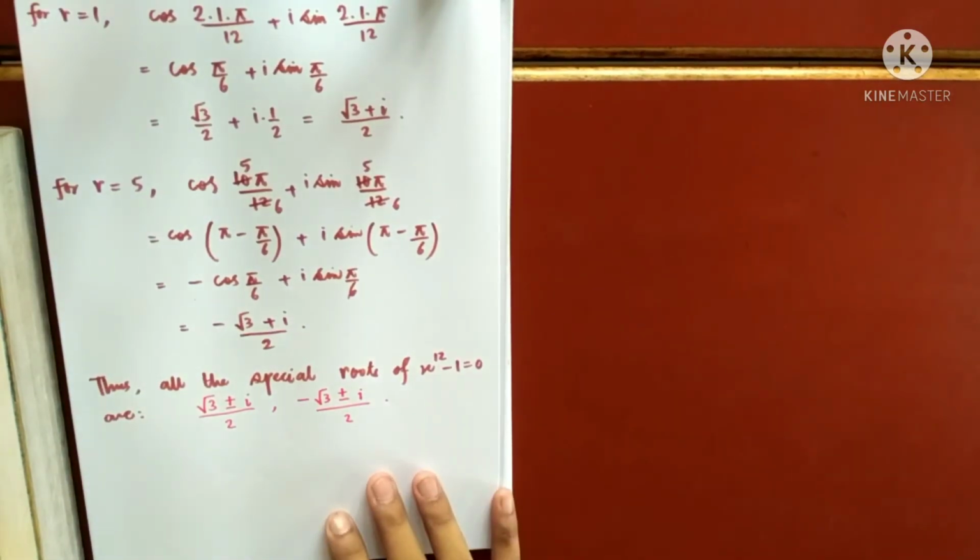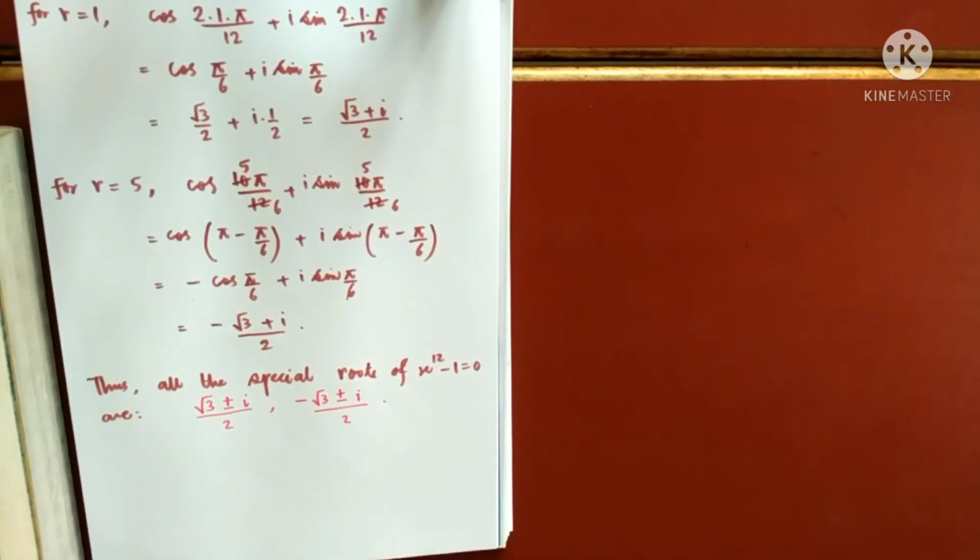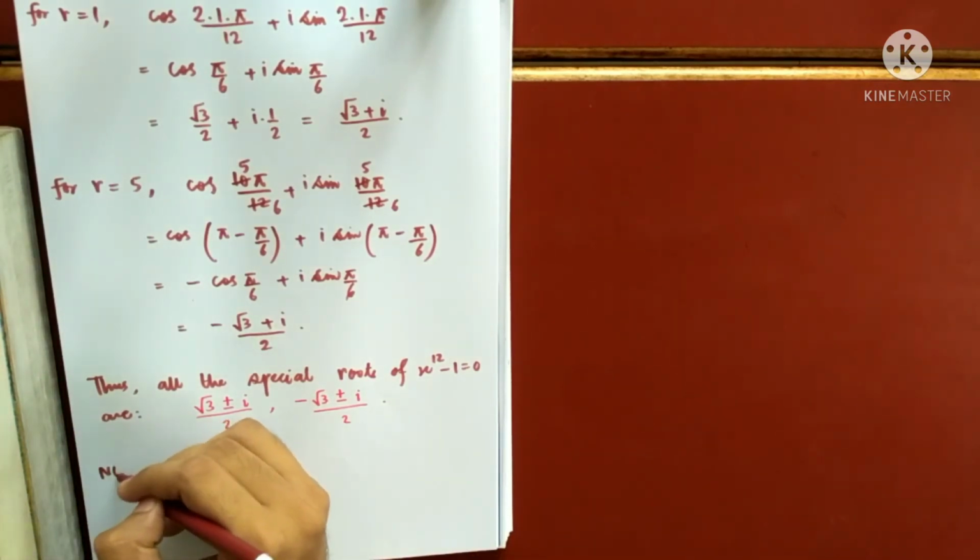So what is the answer given by the previous theorem? What are the special roots of x to the power n minus 1 equals 0? It is those roots which are prime to n. Suppose n is any number, you have to choose all those r which are prime to n, and you have the formula for getting the roots, so you can get it. So the previous theorem can find the special roots for any integer now. Now one note is very obvious.